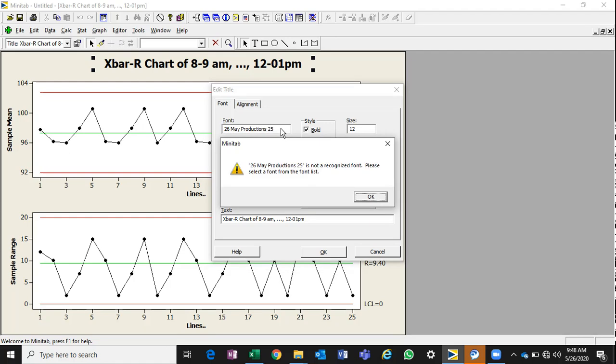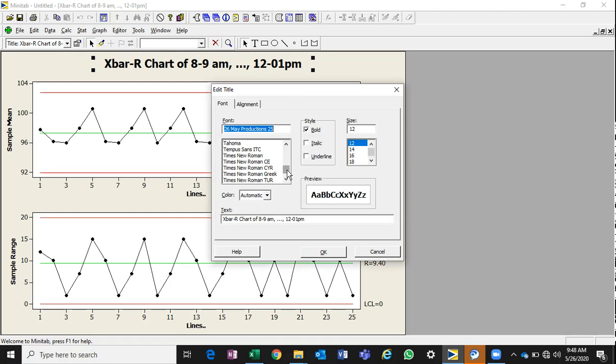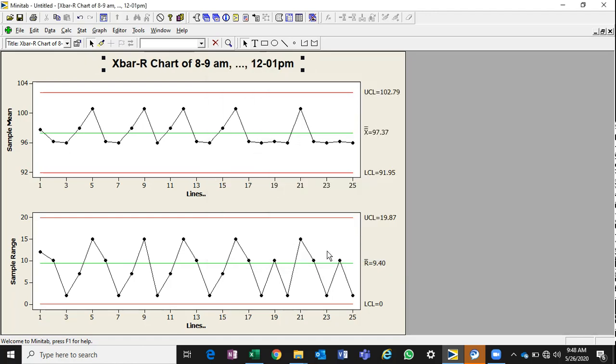I'm just going for some font like Arial. That's fine. You can also do it that way, thereby you can do the coloring and all that.